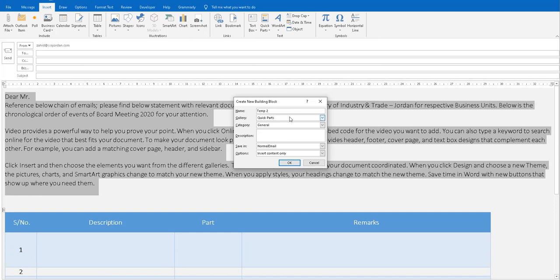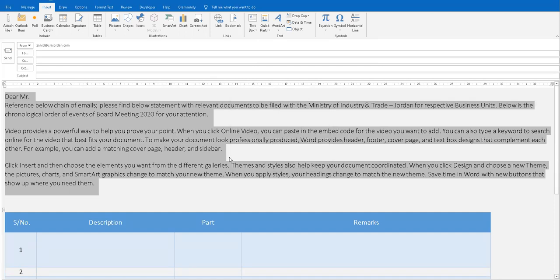It has options for the gallery. I will take Quick Parts. It is the name. I will put it as a general normal email. Save it. It gives me options for insert content only, insert content in its own paragraph, or its own page. So just for the sake of simplicity, I will keep the same, insert content only, and save it.